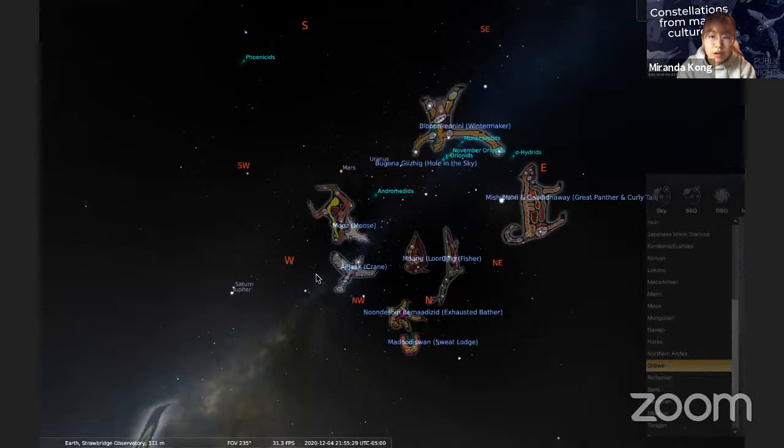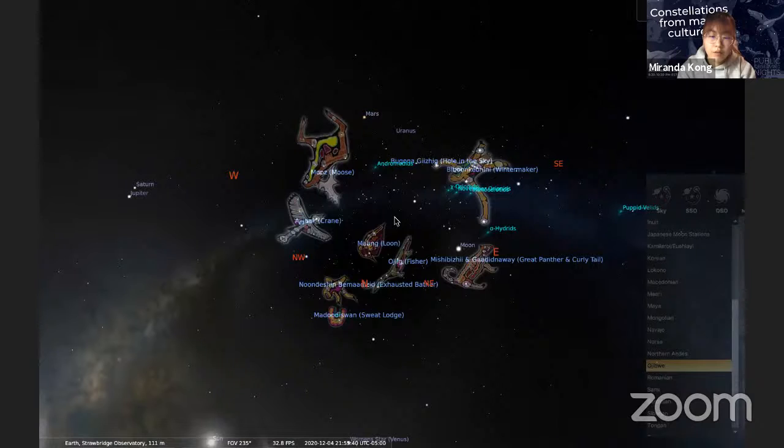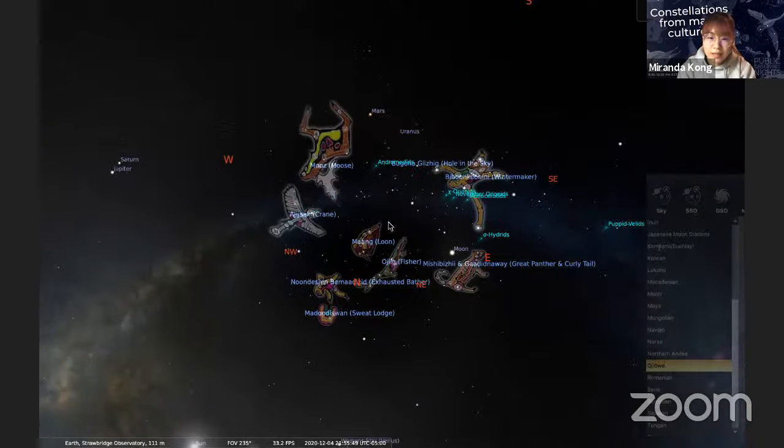And the panther, I think it's representing a black panther, would be representing the spring, and hence is categorized into the spring part of the sky because the tail of the panther is supposed to protect the people from slippery ice when they go to work on ice to get fish and stuff.